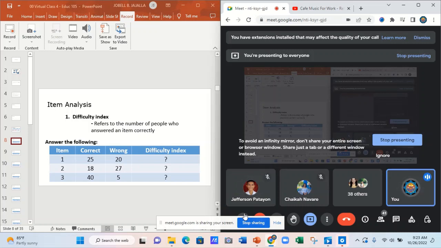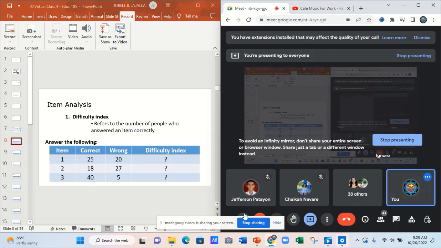Except for one, sa point 56, that is under moderately difficult. But the rest, yeah, very accurate. Okay, so nakuha na class unsaon ang solution. So tama tong giingon sa item number 1, 25 divided by 45